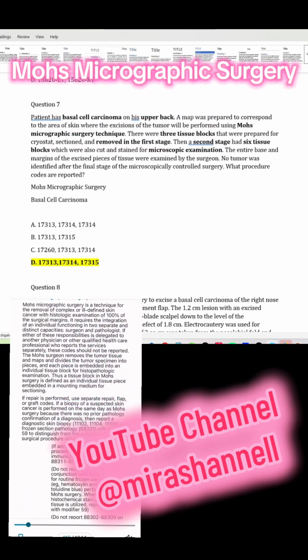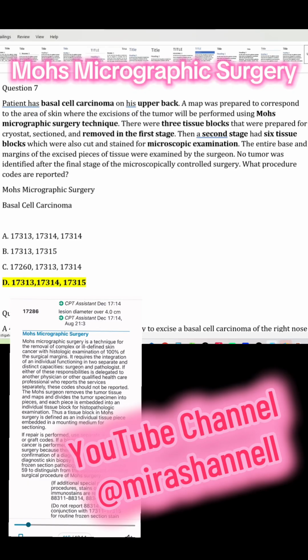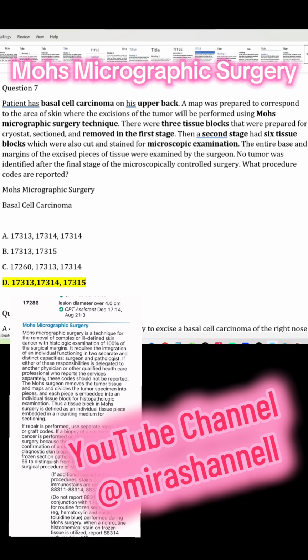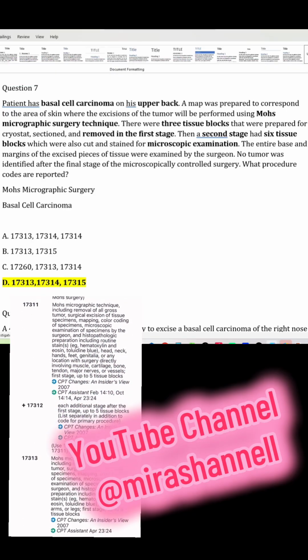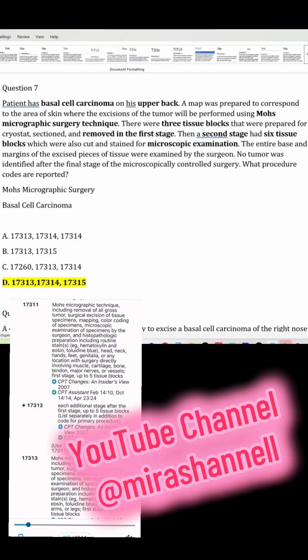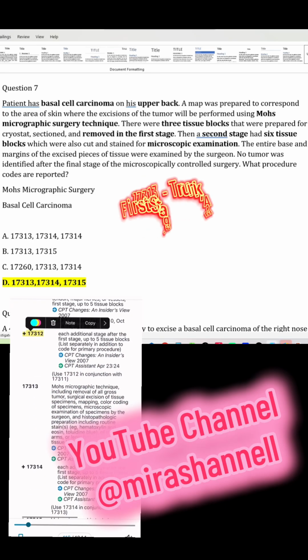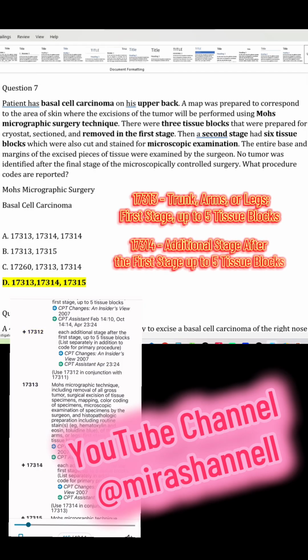All right, we want to talk about Mohs micrographic surgery. Question 7. Patient has basal cell carcinoma on his upper back. A map was prepared to correspond to the area of skin where the excisions of tumor will be performed using Mohs micrographic surgery technique, where there were 3 tissue blocks that were prepared for cryostat, sectioned, and removed in the